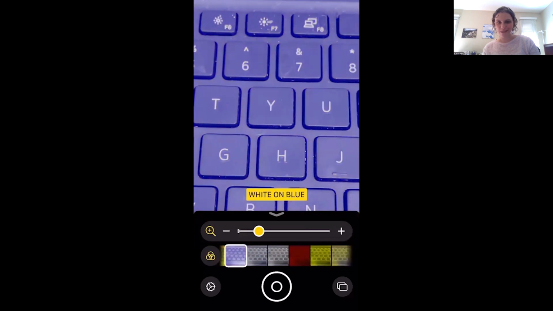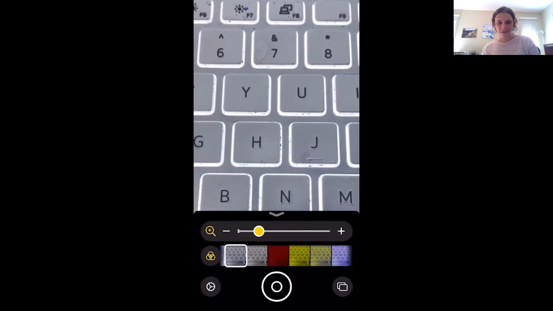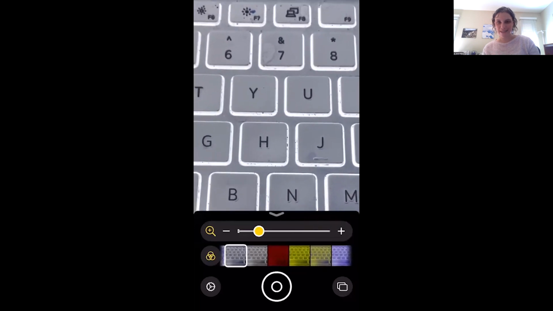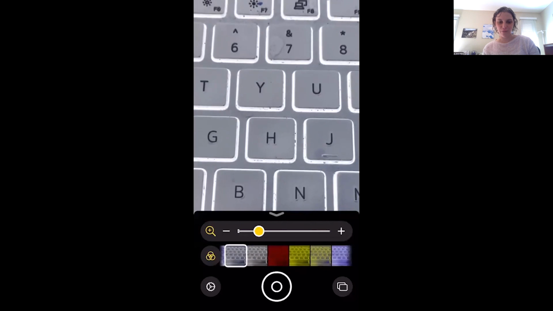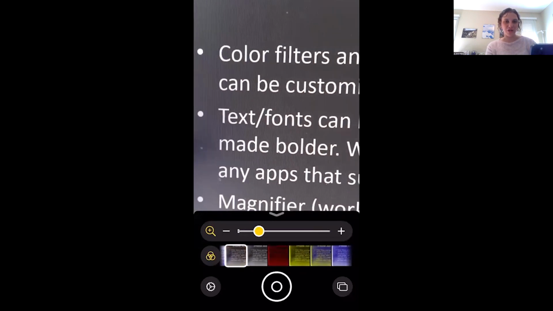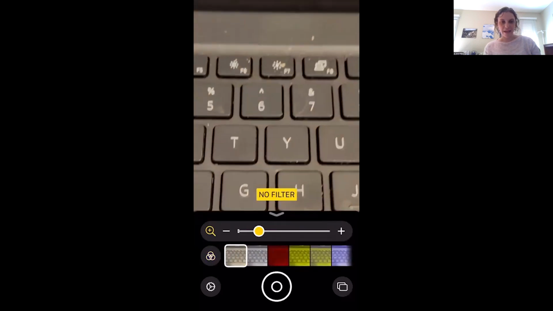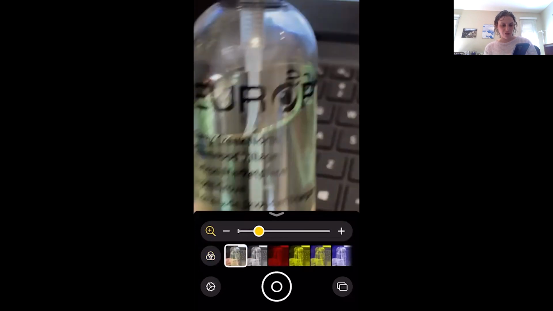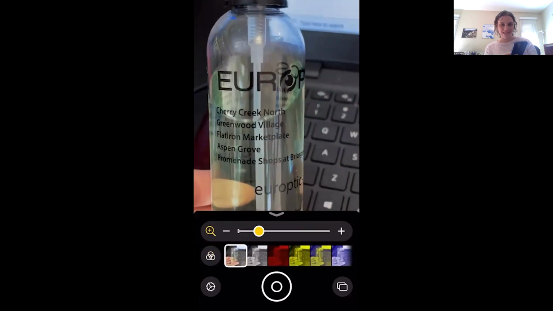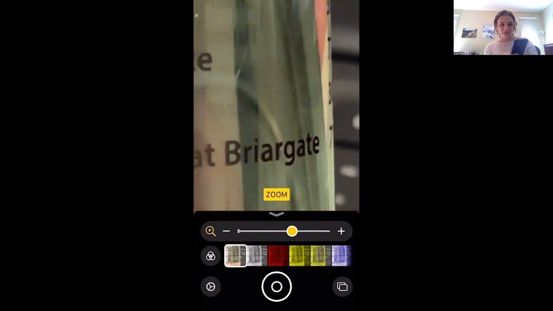grayscale, a bunch of choices your patients probably won't want, but inverted and grayscale, or excuse me, inverted and regular are probably the most effective. If I hold it up to my PowerPoint slides, you can see the inversion is quite good. And I can use it with no filter here if I wanted to look, for example, at like a glasses cleaning spray. And it lets me enlarge